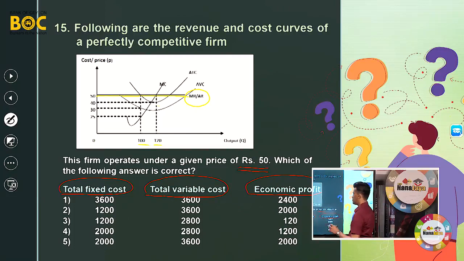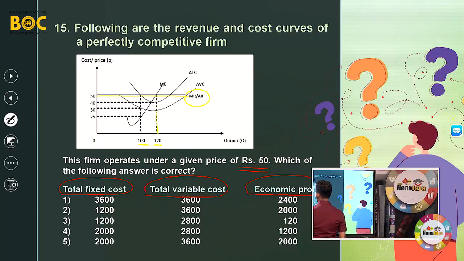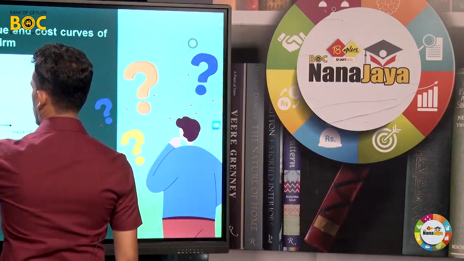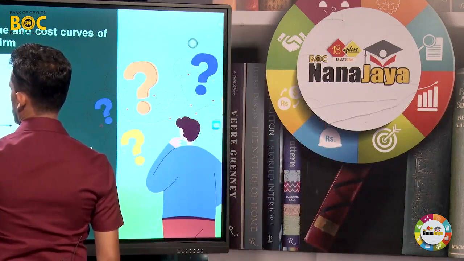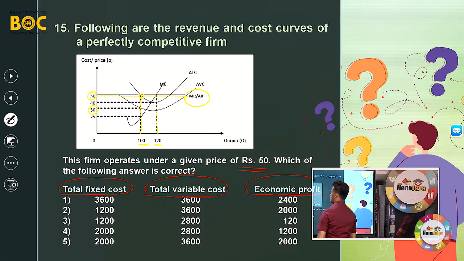It is not given. So if you go along with this, at 120 the respective value of AVC is not given, no? So we can't find out the average variable cost at 120, but at 100 units, I see average total cost is 50 and average variable cost is 30, right? So at 100 units,